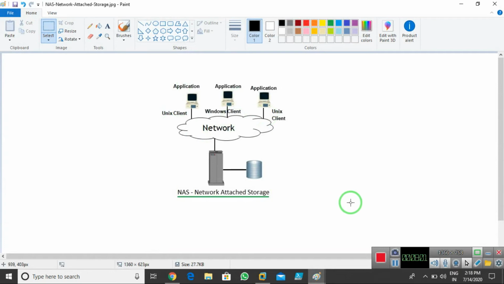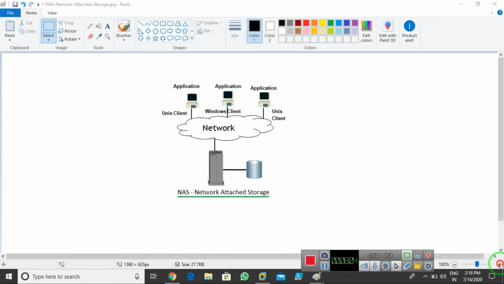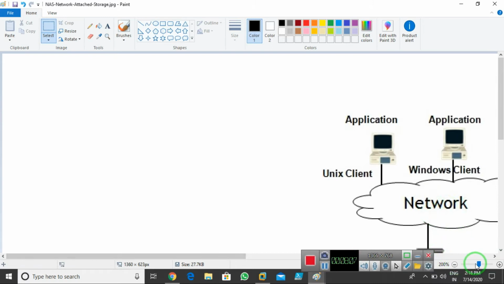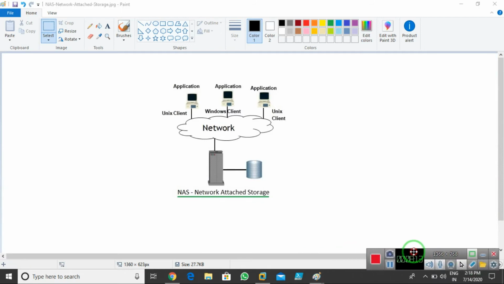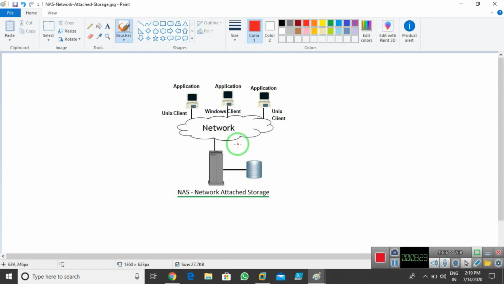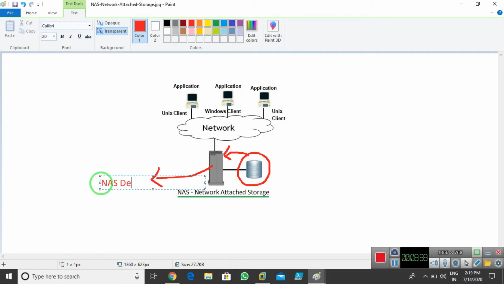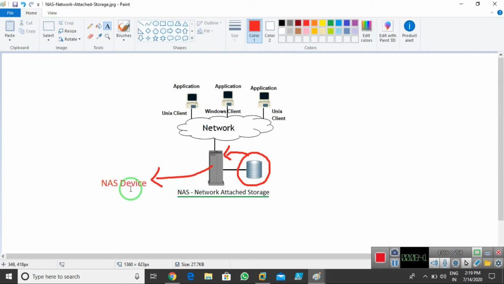If I go for a bigger diagram, like this, this is my physical storage, and this storage is directly attached to the NAS device, the NAS server. You can call it a NAS device.